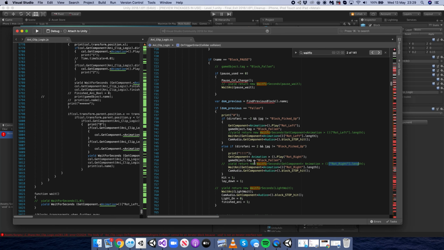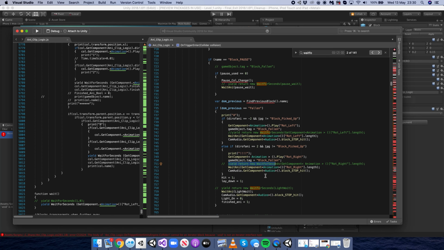So basically, a certain thing happens and you go, right, play the animation of it rotating right, wait for that animation to finish, then do something else, which is fine. However, for some reason, I'm not a programmer, so someone will tell me I'm an idiot, you can't have stuff like this in an